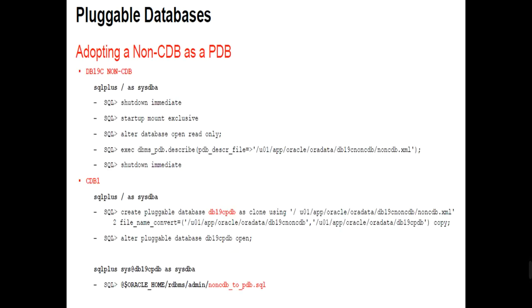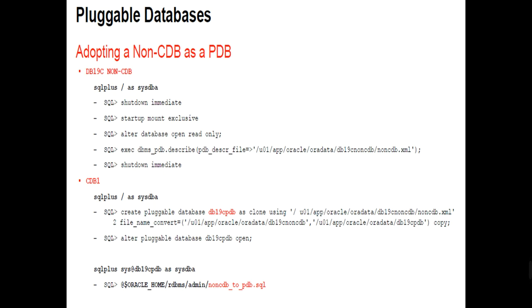Okay, adapting a non-CDB as a PDB. This is a non-CDB database: shutdown immediate, startup mount exclusive, alter database open read only. You have to describe the PDB: execute DBMS_PDB.DESCRIBE to create the non-cdb.xml file. You have to shut down the database on the source side, I mean the non-CDB side, and come to the CDB container database